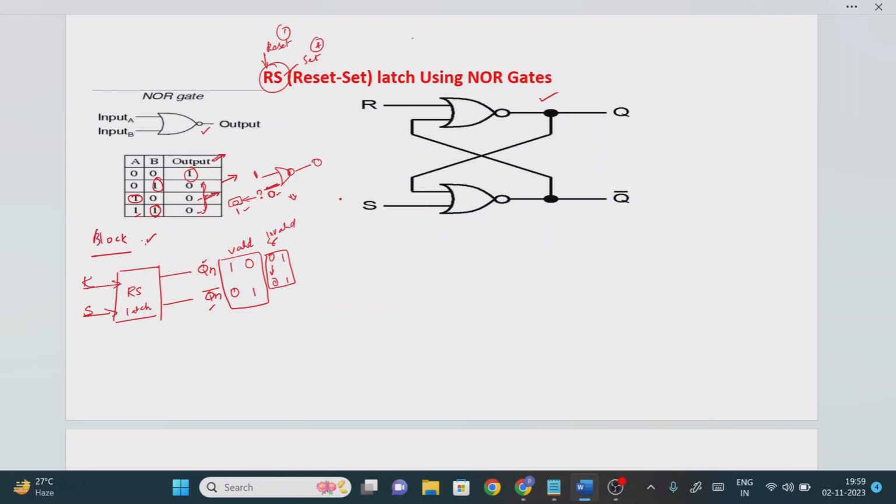So for this case, this is one input we know. The second input terminal we don't know. For that reason, we are considering 0 the first time. Second time we will consider 1. So if we consider 0, what is the output for input 1 0 according to the NOR gate truth table? 1 0 means output equal to 0. See that we are getting the output equal to 0. So this is one of the possibilities. Now what is the leftover value? 1. This might also be one of the possibilities.